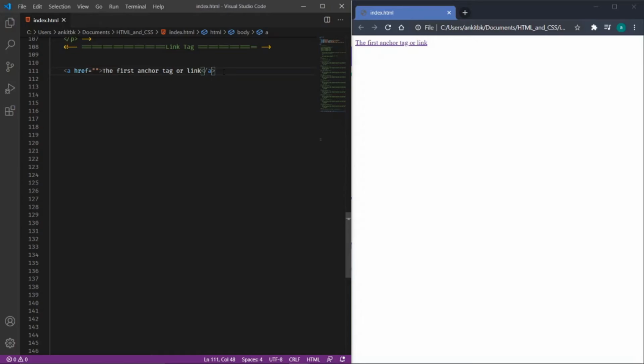Similarly, let's check out the best practice for the anchor tag. I will copy this, and this is our second anchor tag with a hash symbol. This depicts that we don't want to go anywhere.